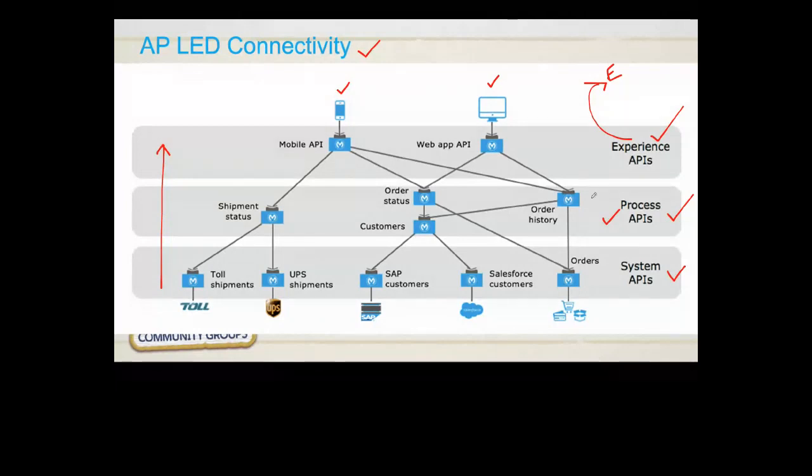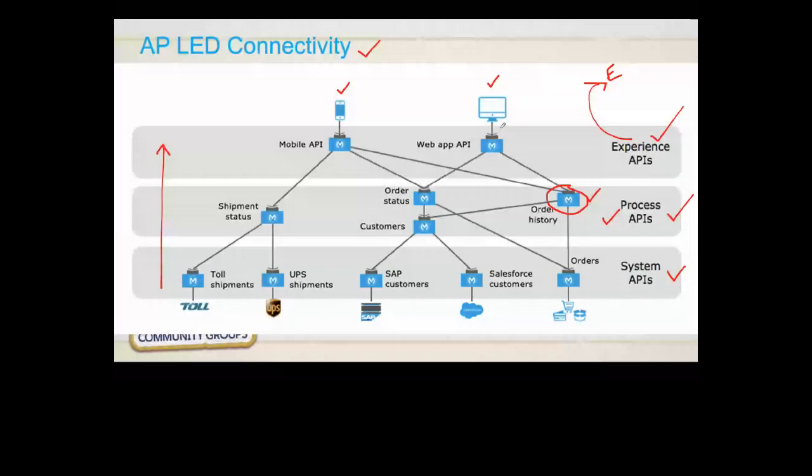Say the business is going to grow, so that this particular API has to be changed. The input is going to be changed, or the output is going to be changed, or there is any additional information that we need to send. So we only need to change this particular API. We don't need to change the system API. We don't need to change the experience API. But if we change this API, there is nothing going to be broken in the process.